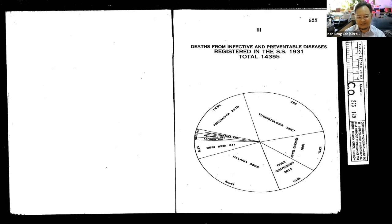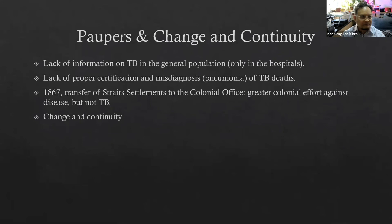So even these numbers are sort of very unreliable. Okay,